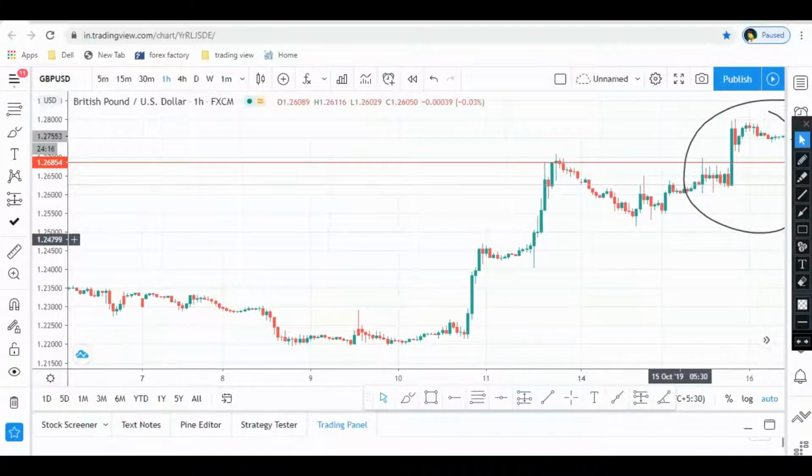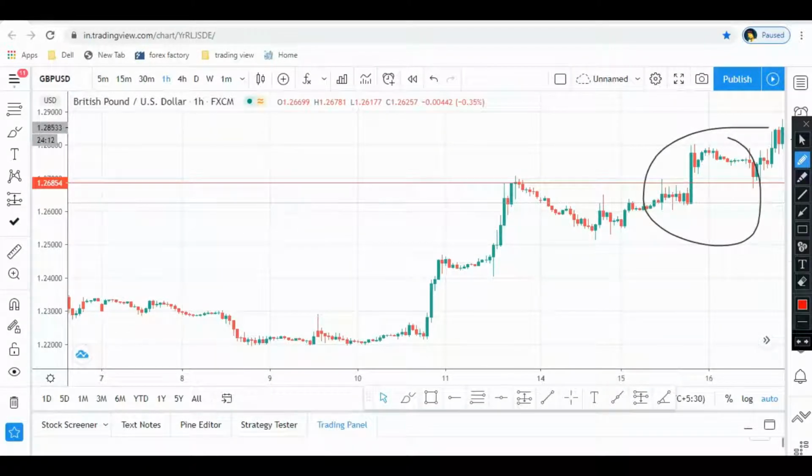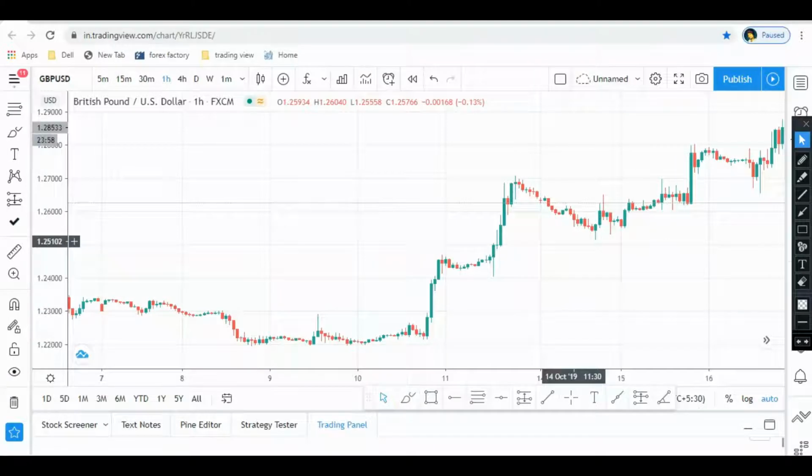So price broke out of this place. I will wait. Exactly. Did you see that? Price reached this area and boom. And this will be my only take profit zone. So exactly this is how support and resistance work. And did you understand where you should place a buy and how to identify that?